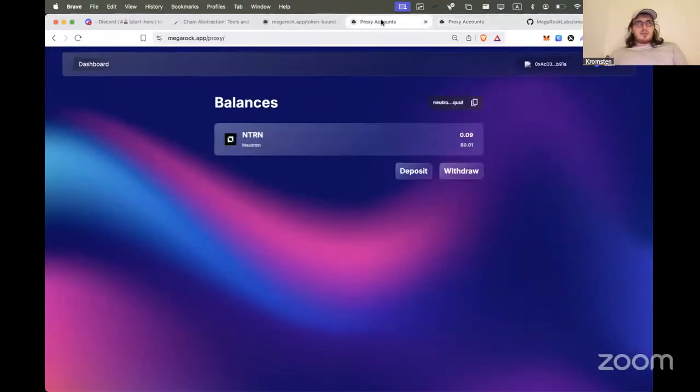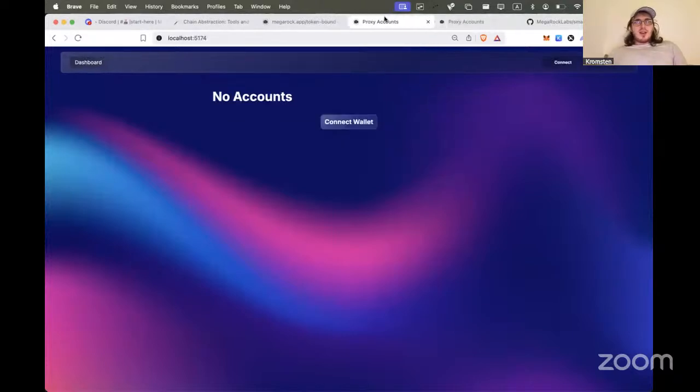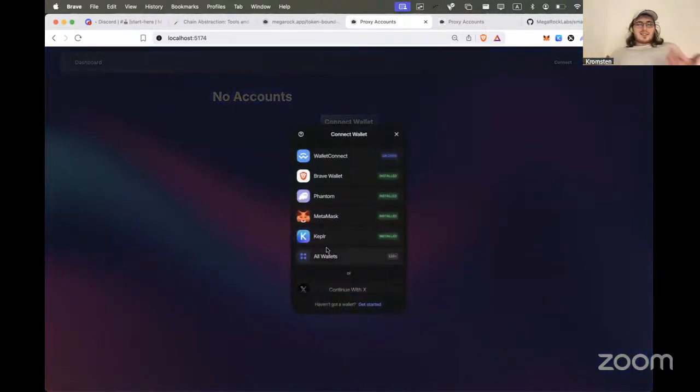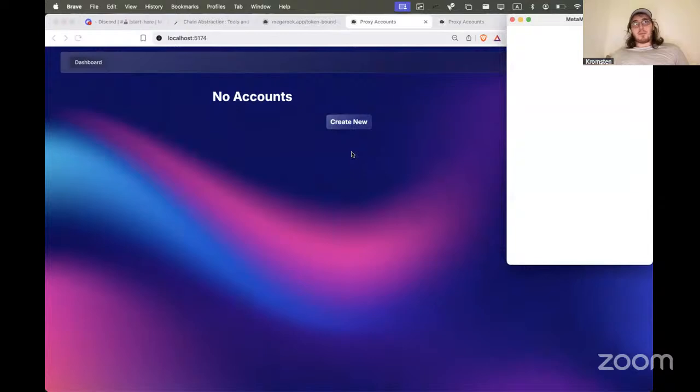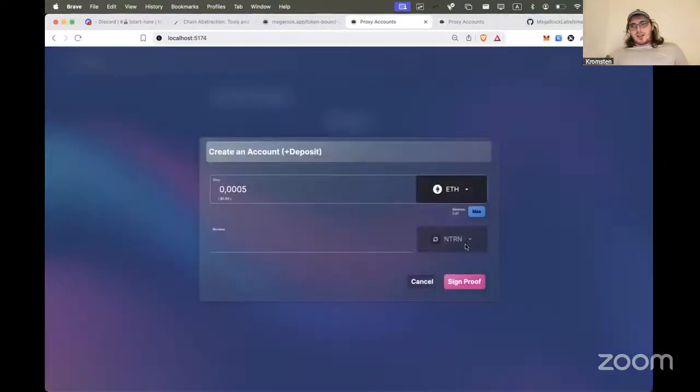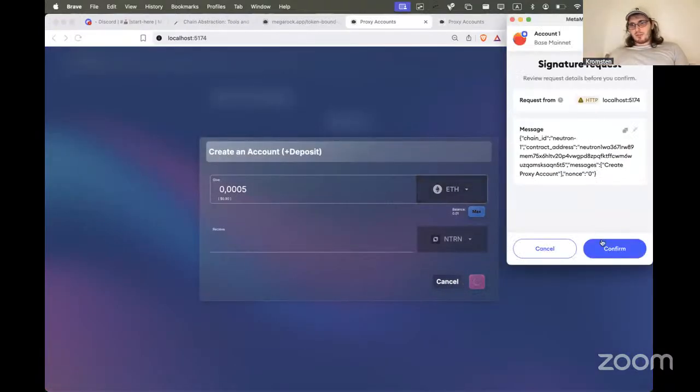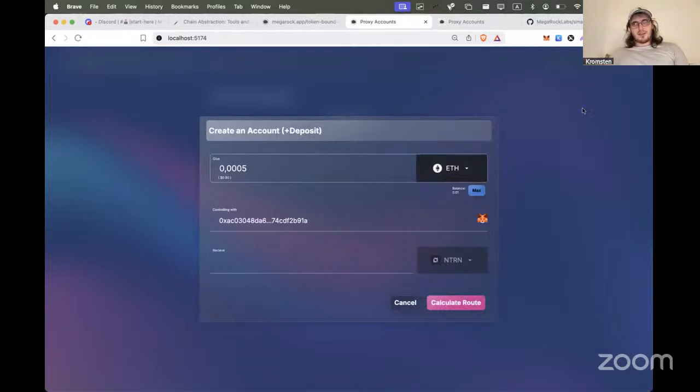So this is the live version where you can also try it yourself. Here I created a new one just to be able to demonstrate. Imagine this is an app on Neutron, and the user doesn't have a Keplr wallet here, so they can connect to the website. There's a Keplr option, but it's Keplr as Ethereum, not Keplr as Cosmos. But let's try MetaMask. I have some funds on MetaMask, and then I can sign a proof of ownership of this Ethereum wallet.